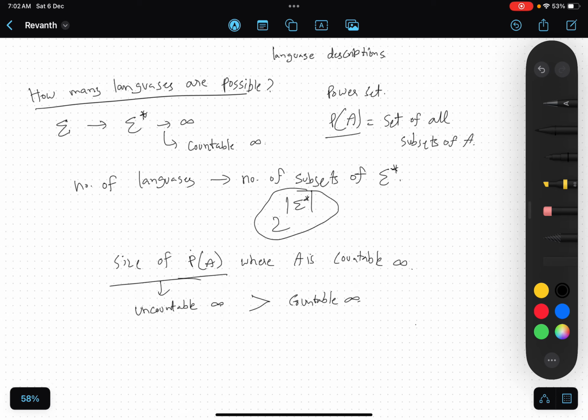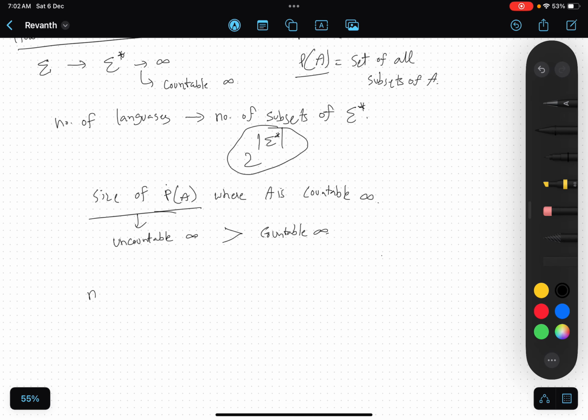Okay, so the number of languages possible is uncountable infinite.